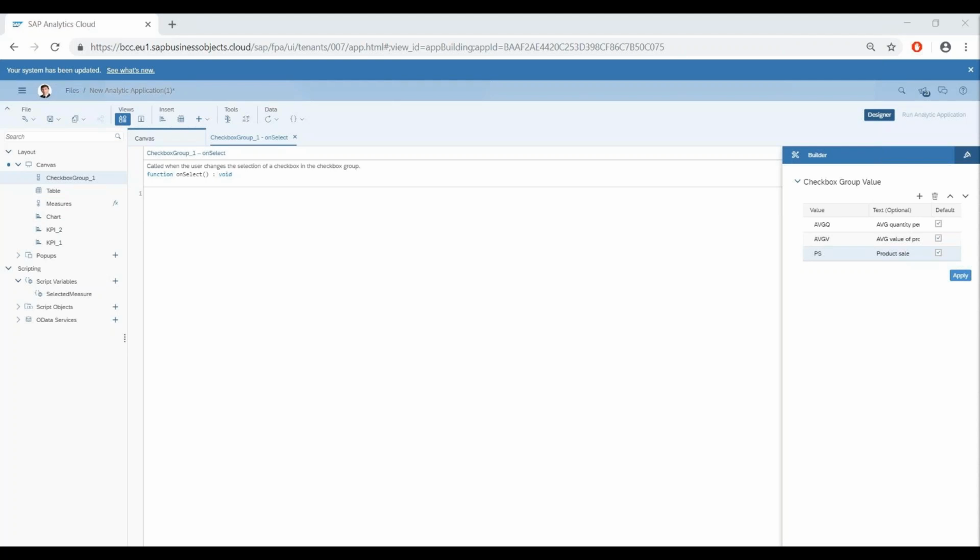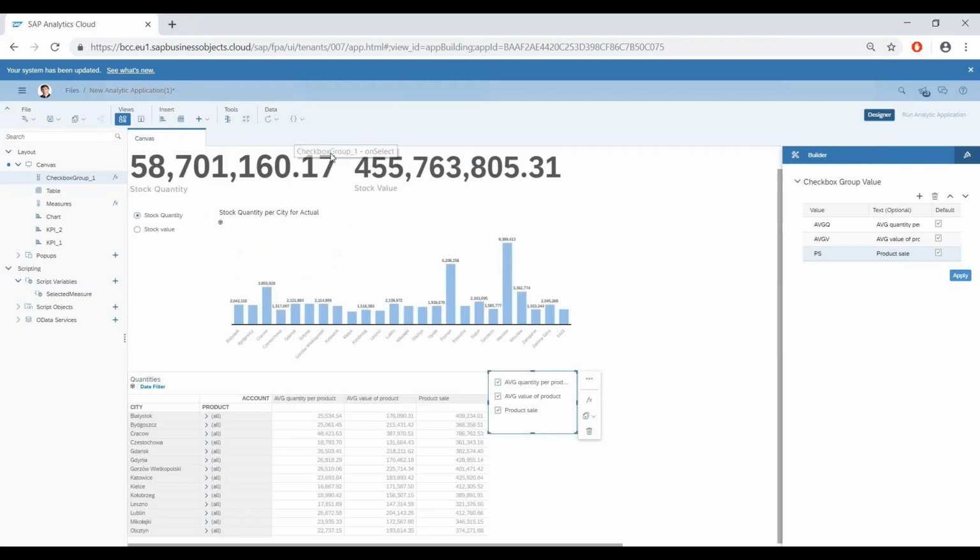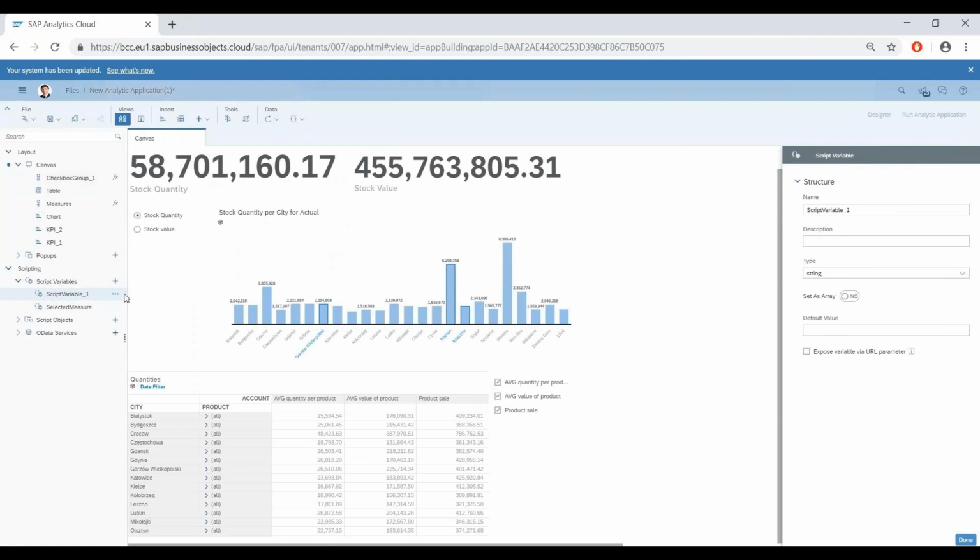Now I copy and paste the part of the code that is responsible for selecting multiple measures on the table, just to accelerate the process of the records. And also I'm creating the second variable that is set as an array to store the multiple values, and it will be responsible for storing the cities selected on the bar chart